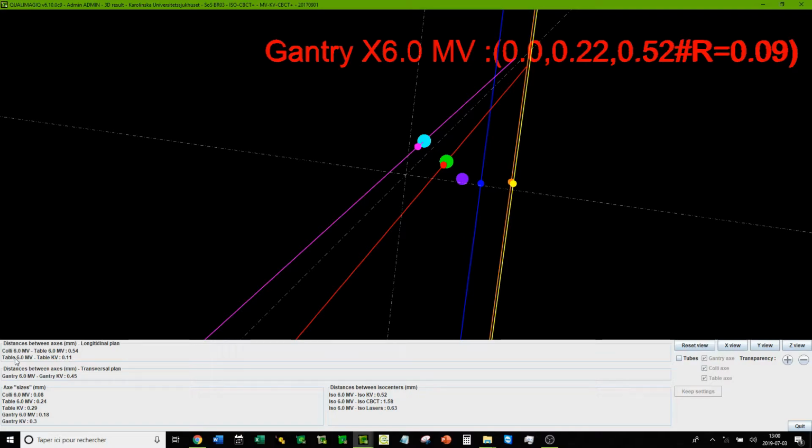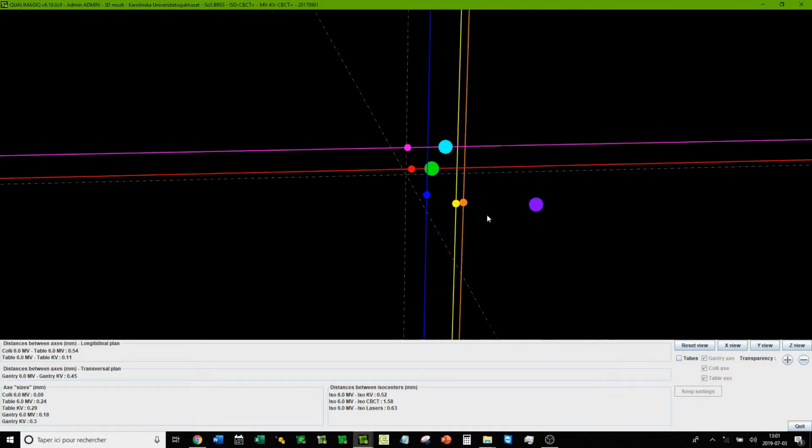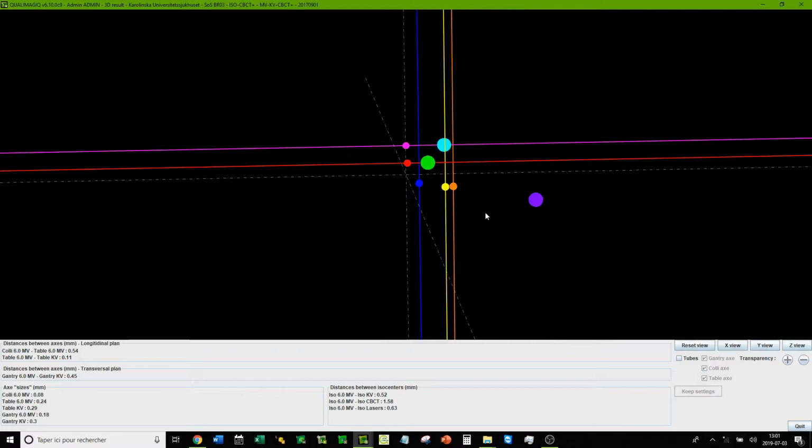The couch axis in MV or KV is the same. Deviation couch position 0.1 mm, which is the degree of accuracy of the program, so you can say that the axes are together. Now it is all a matter of definition. How is the ISOCENTER defined? QUALIMAGIQ contains 8 different ISOCENTER definitions, and we will see that the definition the client selected is to force the